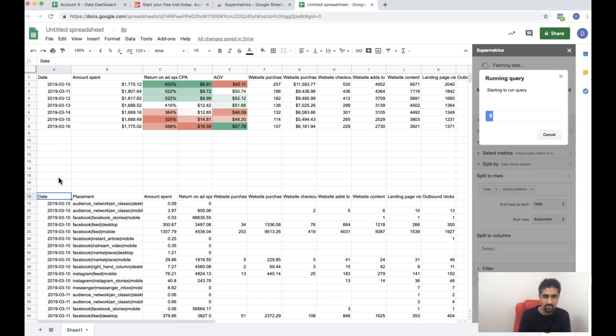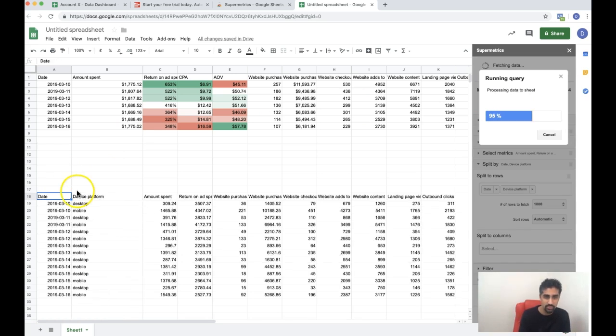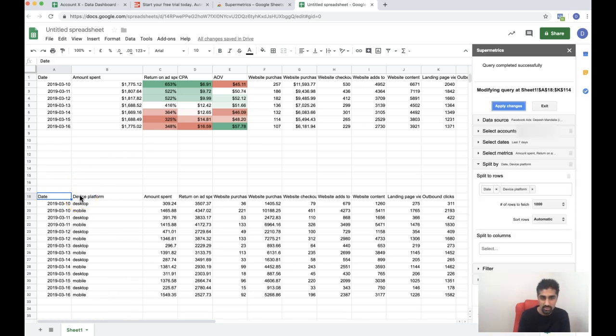We'll wait for that data to load. It's fairly quick as well, which is pretty cool. It does depend on how much data you're pulling. So if I'm pulling 365 days of the year, then obviously it'll take longer. So again, I'm looking at this data and just looking to see if there's any trends. I would format it in this way. And one thing to say is, if you do edit your data and it's in place, so let me just show you here. So if I